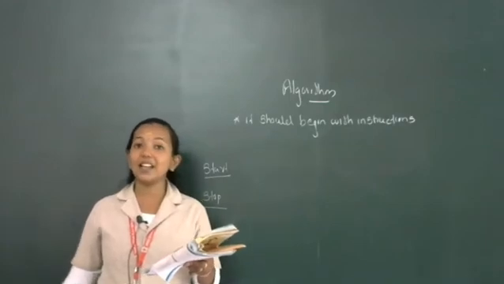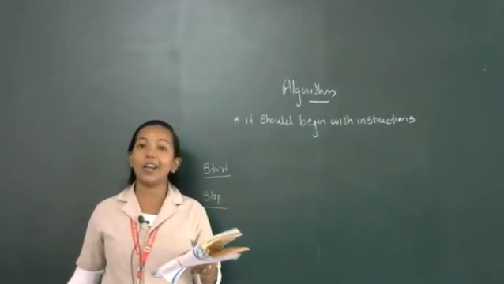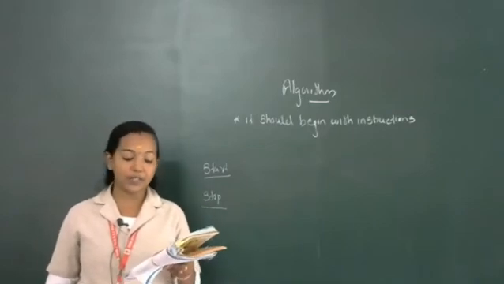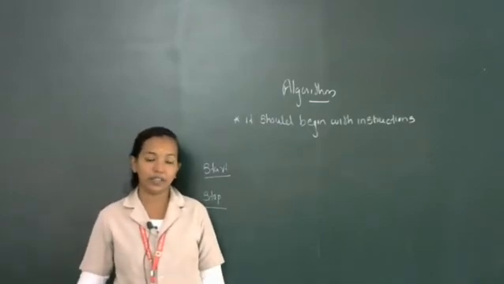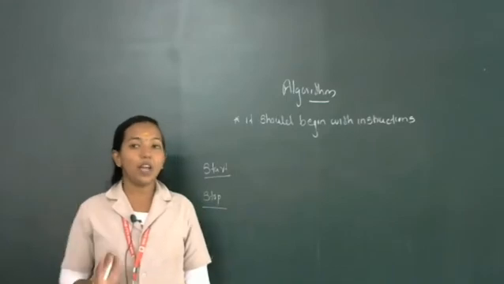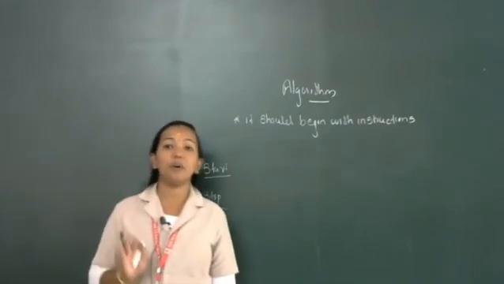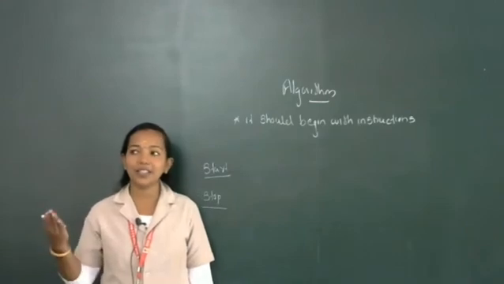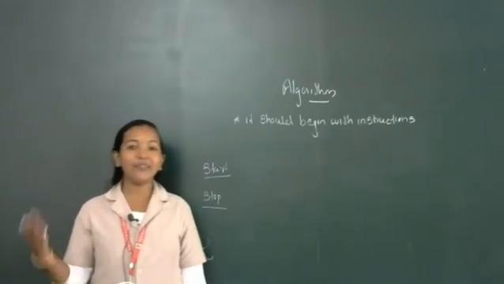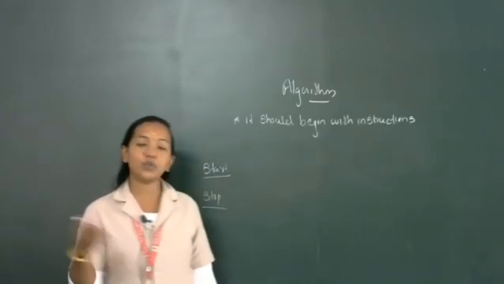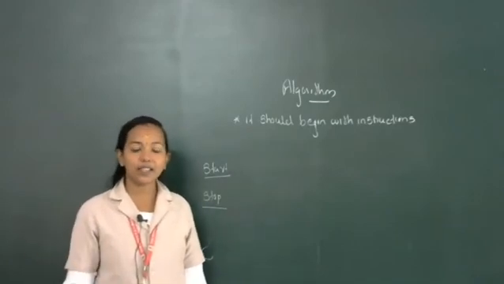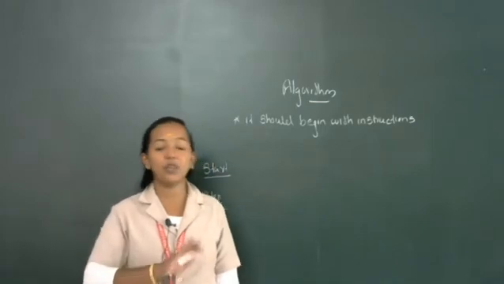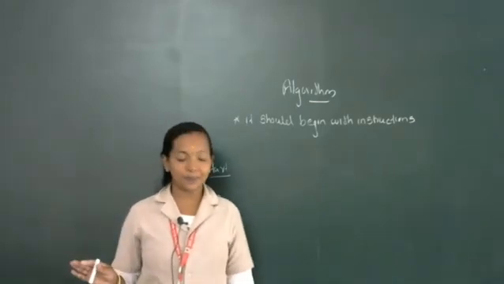Sometimes the data to be processed will be given along with the problem. In such a situation, there will be no input instruction at the beginning of the algorithm. That means in every algorithm, we are inputting some values. Instead of direct values, we will use alphabets. These alphabets are known as variables to store the value. In some cases, they will give direct values. If a direct value is given, then you don't need to give inputs.